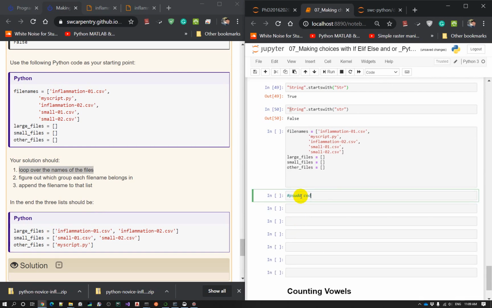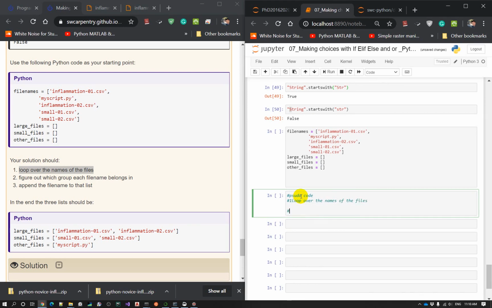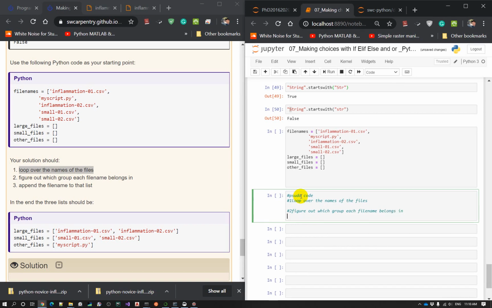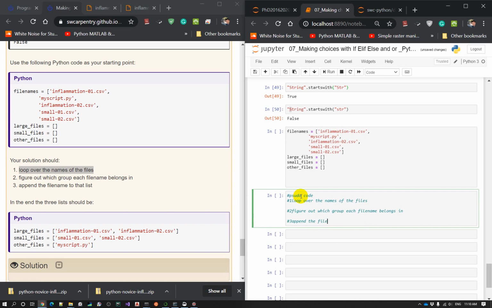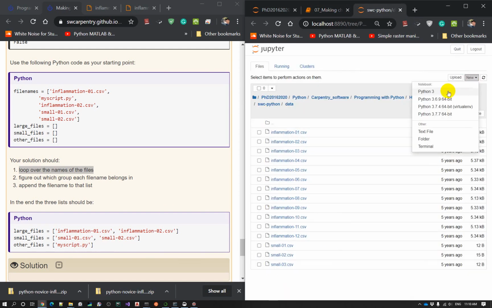So the pseudocode here: first we loop over the names of the files, then we figure out which group each filename belongs in, and then we append the filename to that list, and in the end the 3 lists should be like this. I didn't have my script in that folder, so probably I'm gonna create a new file called text file,